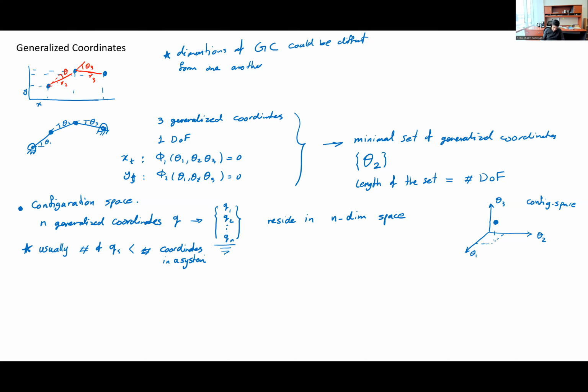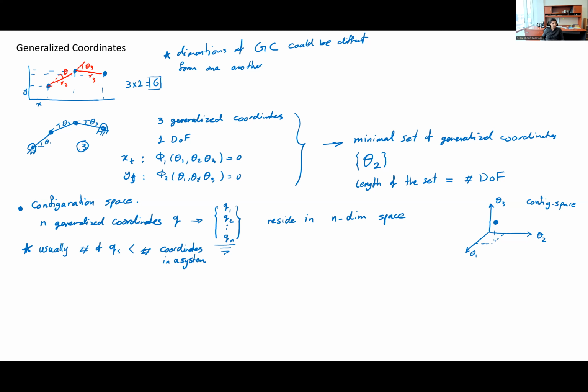And we saw it in the example above, that I had three particles, each of them needing 2. I had six coordinates in the XY reference frame, but only 3 generalized coordinates to describe the same system,